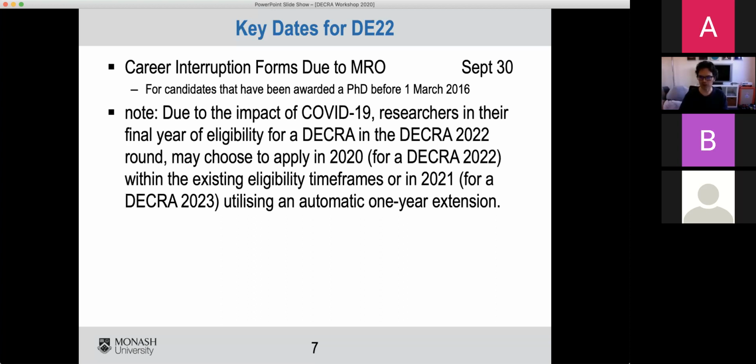I don't know whether this flat out, this sort of, I didn't want to call it a bonus year. I don't know if anyone would ever call 2020 a bonus year. I don't know if this extra year of eligibility associated with COVID will happen in future rounds as well. I'm not sure how it's going to play out. But I will talk a little bit later about picking your time, given that you're only allowed to apply twice.